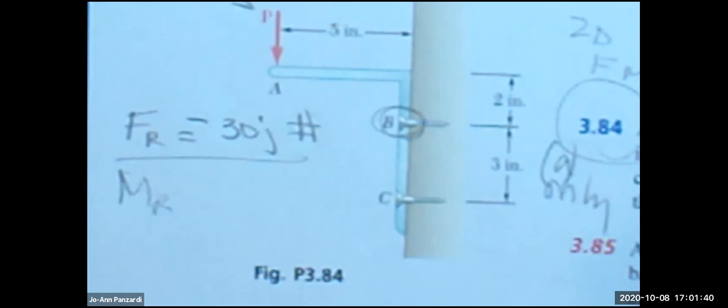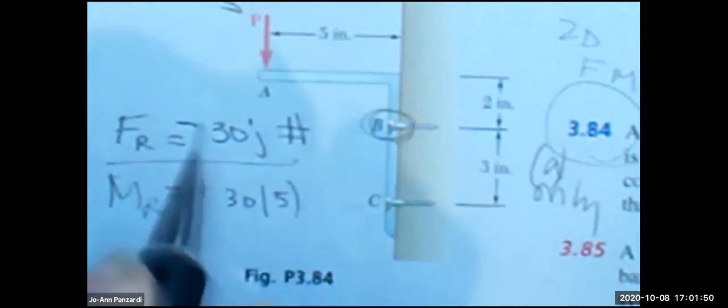Great. And what direction is it in? The Z direction, positive Z. Correct. So it's positive 30 pounds times 5. And so it's positive 150, and it's in the K direction, and the units are inch-pound. So we found the resultant force, we found the resultant moment. And because this is a force moment system,